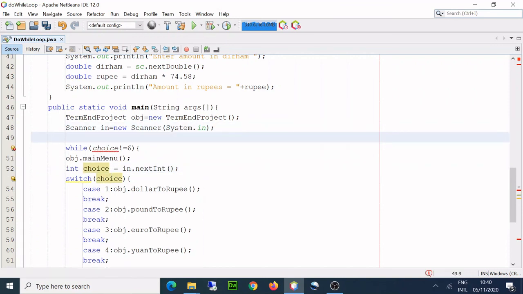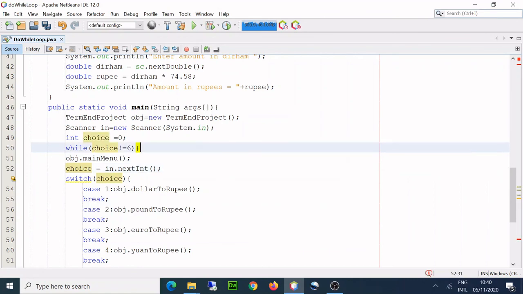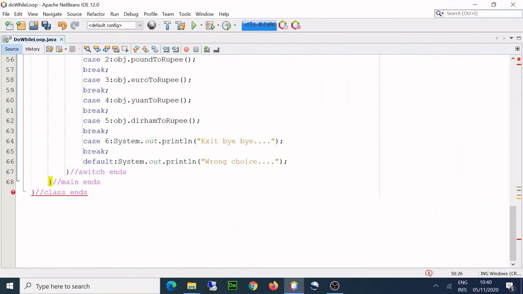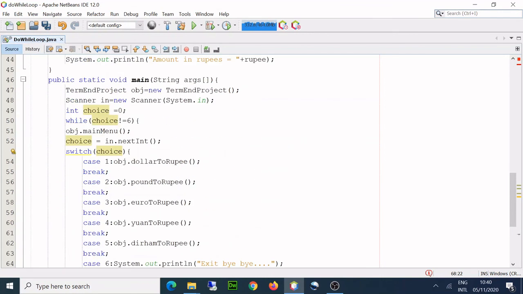Copy, paste, and choice is equal to 0 first. All right, and then I can't redefine it. So that's there, and then I'll go here and here. Okay, this while ends, right?